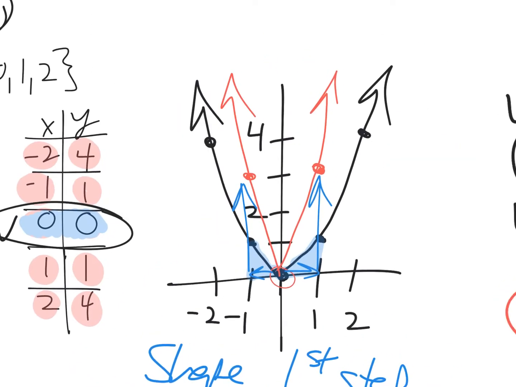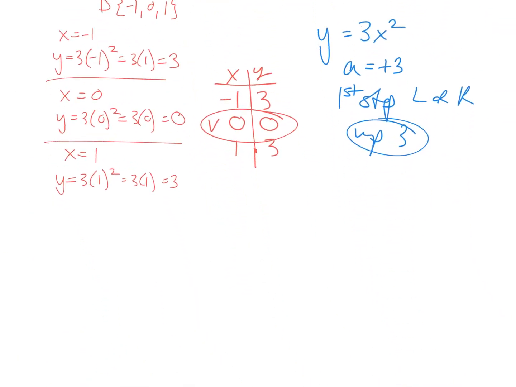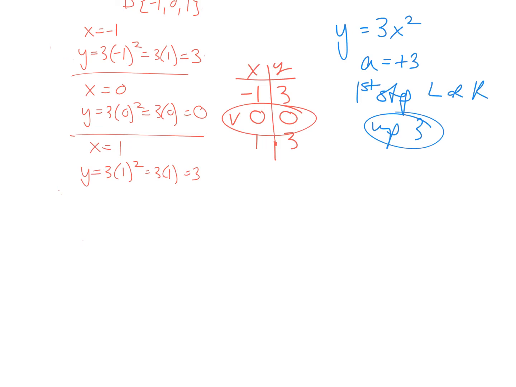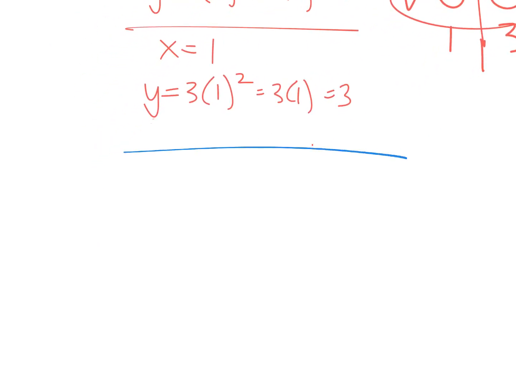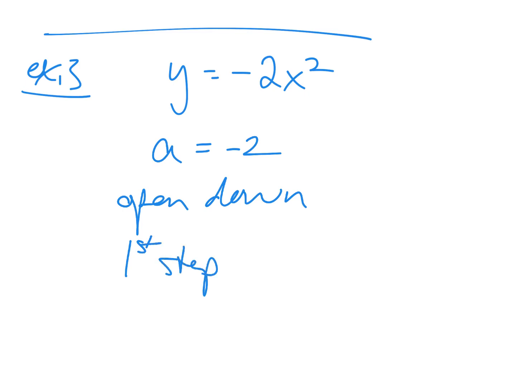And when you look at the picture, you can see it's been stretched upwards by 3 units from the vertex. Okay, next, let's consider when a is negative, and let's see what happens. So example 3, let's say y equals -2x squared, and based on the pattern, a equals -2, which means the parabola will open down, and on the first step